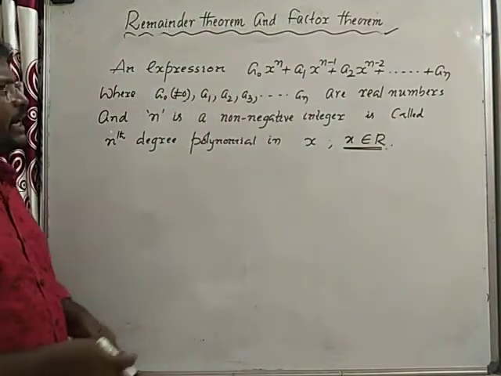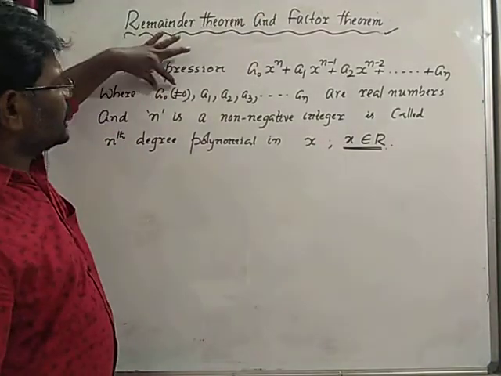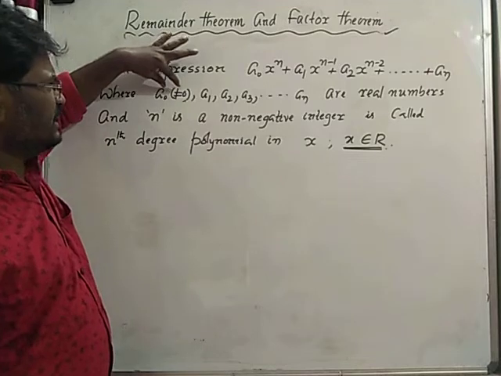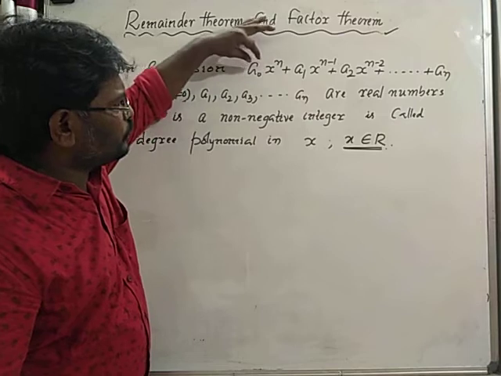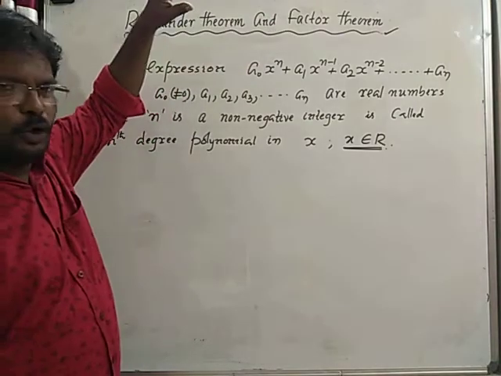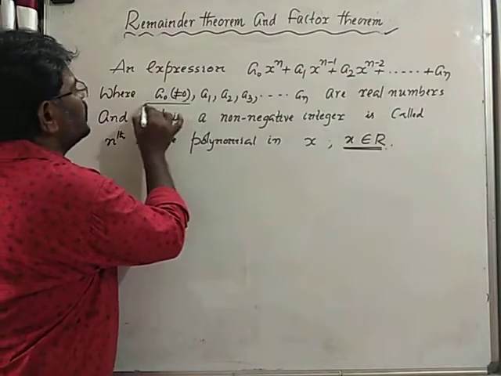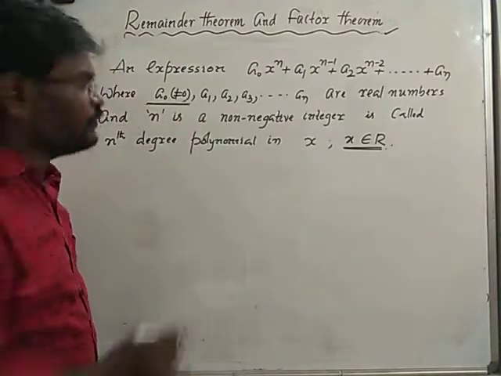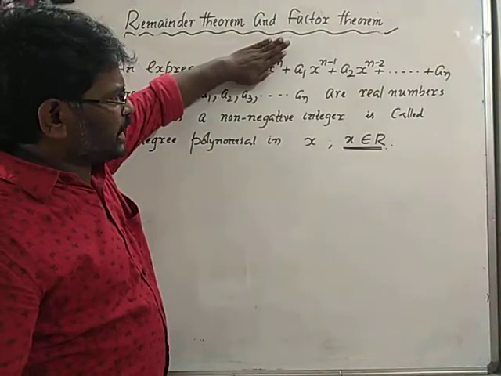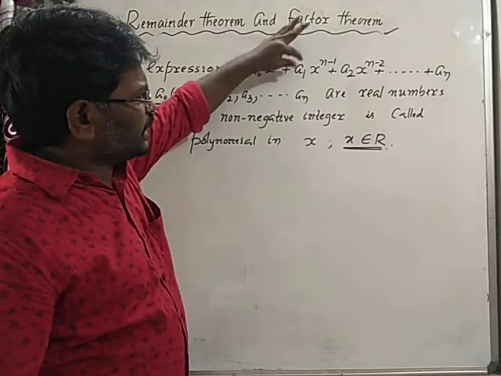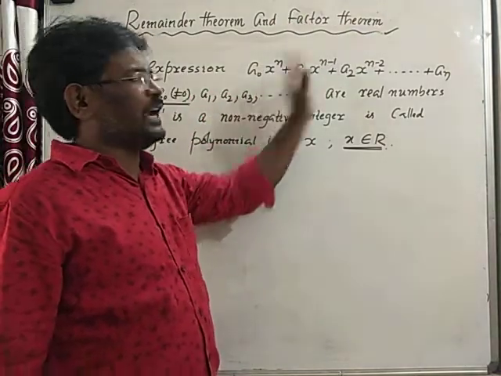See, observe that I am writing the definition. See, a naught is not equal to 0. I am writing, a naught is what? Leading coefficient of this polynomial. A naught should not be equal to 0. If it is 0, what will happen? This n term will be collapsed. It becomes a1 x power n minus 1 and so on. Then degree will be changed to n minus 1.